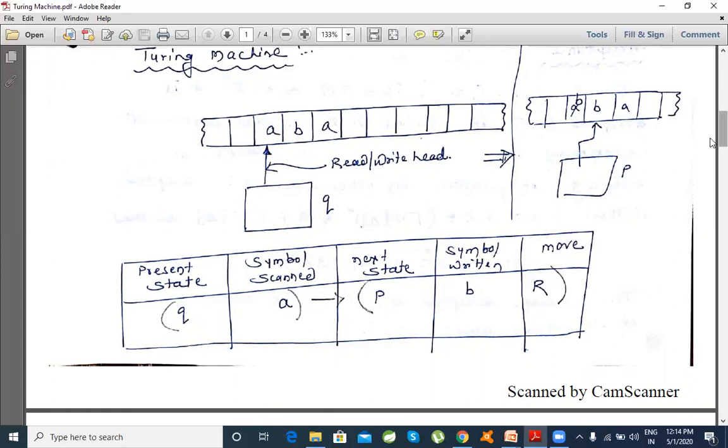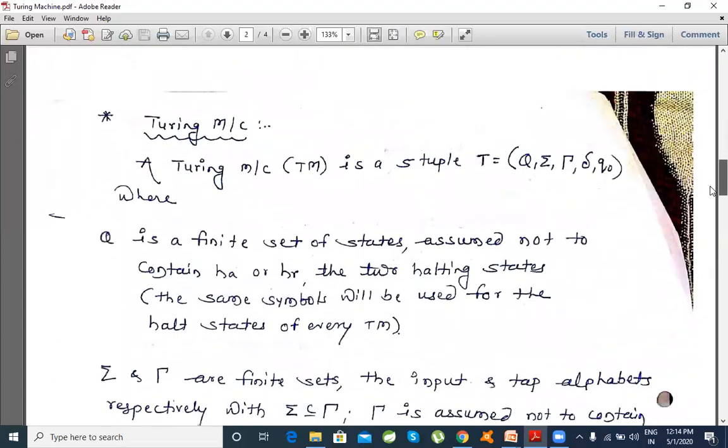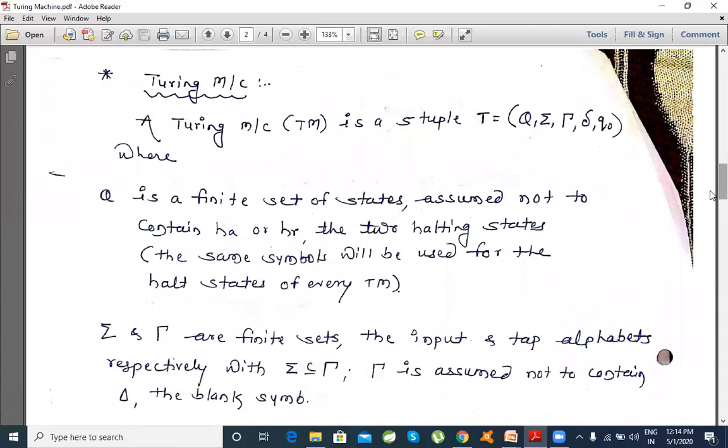Now based on this discussion, we'll go across the definition of a Turing machine and try to understand what it means. So a Turing machine is a 5-tuple. It is composed of capital Q, sigma, gamma, delta and Q0. Most of them are familiar, as we have gone across finite automata as well as PDA. So most of them are similar. Let's go across this once.